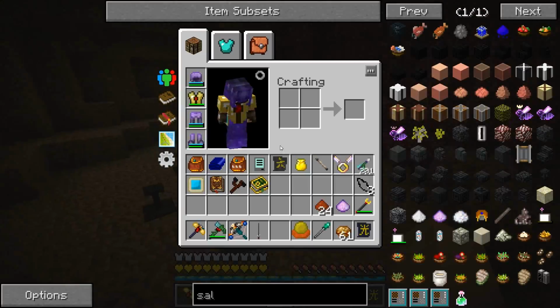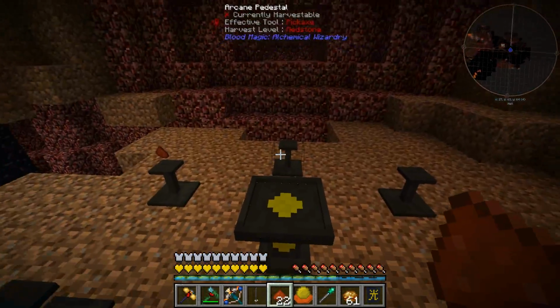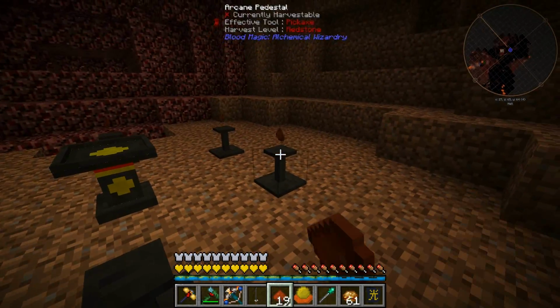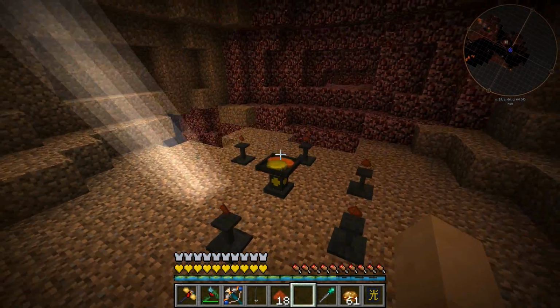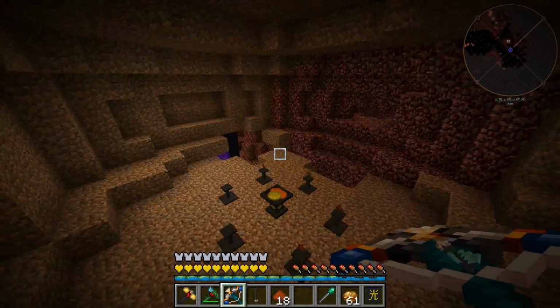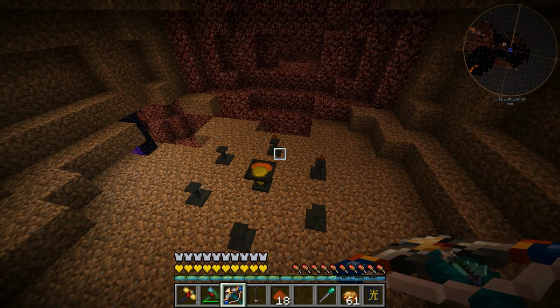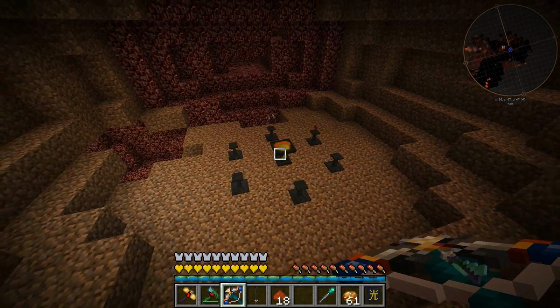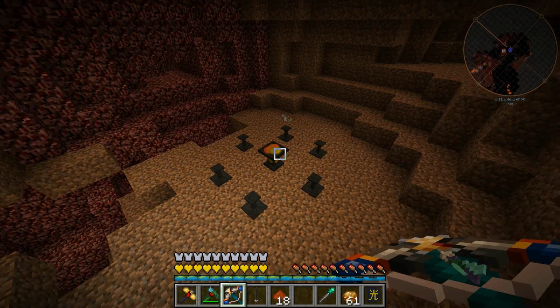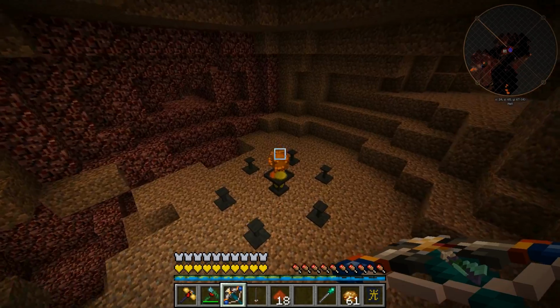Alright, so back with the blood orb and the terrae. So let's place these guys down. Now, I'm not sure. I assume lightning works in here. Yeah, okay, it does. Confirmed. Confirmed lightning still works. I wonder what happens if it hit a pigman, though. Intriguing. Anyways, this should give us the elemental, and I guess we'll find out real quick if...